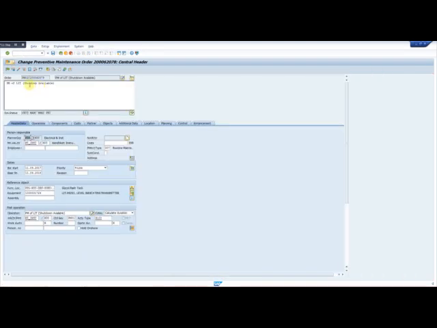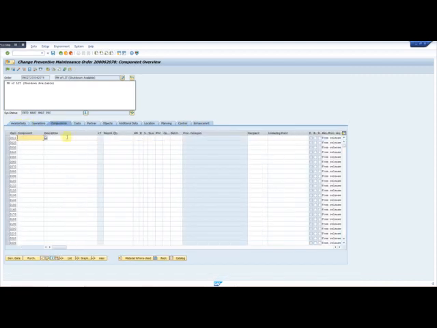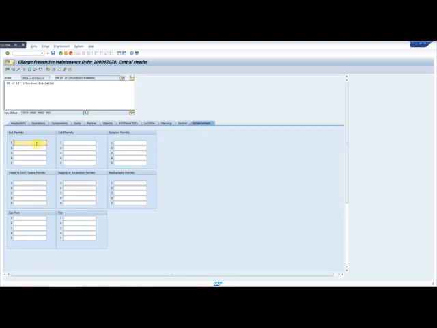We can make a reservation by entering the index number and required quantity and other required information of the stores, and further enhancement, we can enter the work permit numbers: hot permit, cold permit, isolation permits, vessel and confined space entry permits, digging or excavation, radiography, gas free, and fire or hot permit.